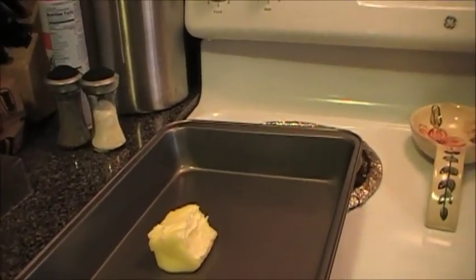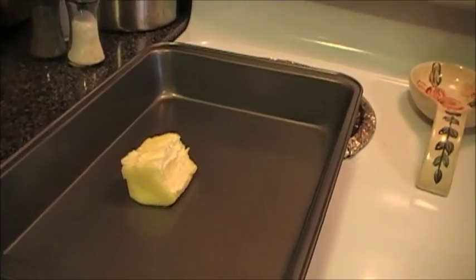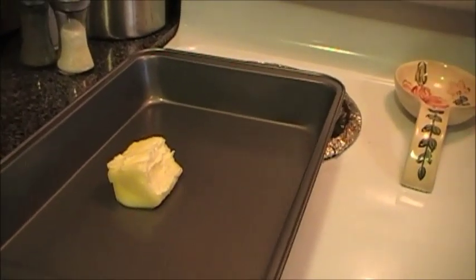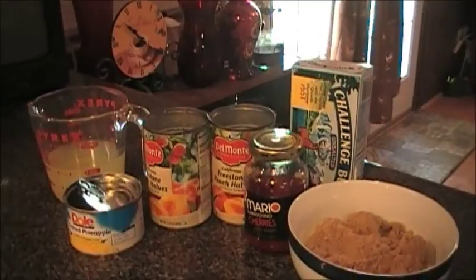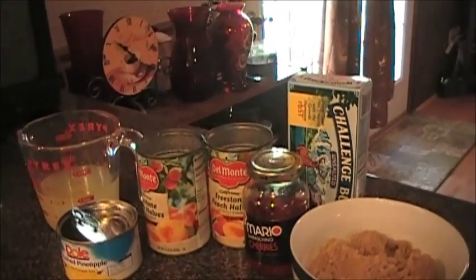The first thing, we're going to take our 1/4 cup of butter. We're going to go ahead and put this in the oven and we're going to melt this. That's the first step. Okay, the ingredients that you're going to need to make this cake will be 1/4 cup